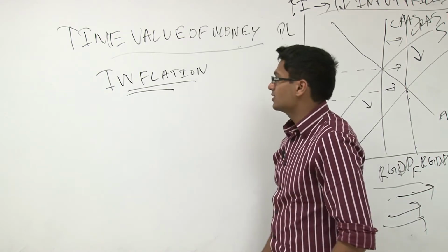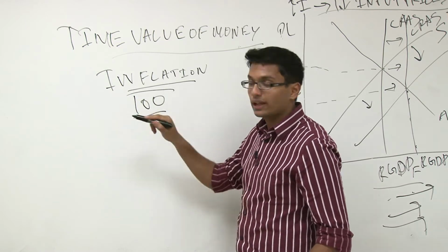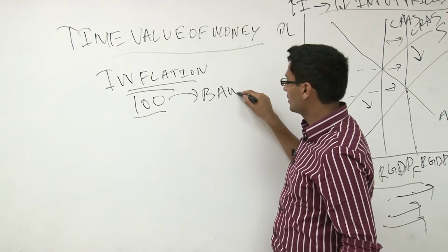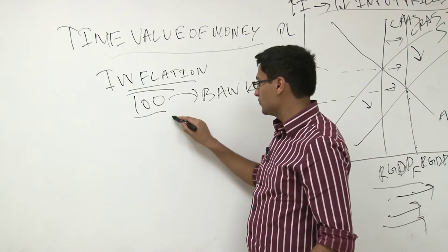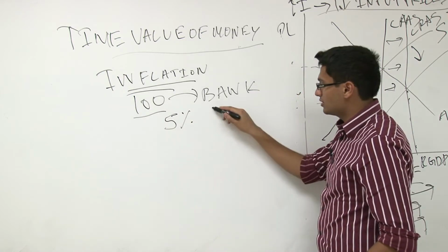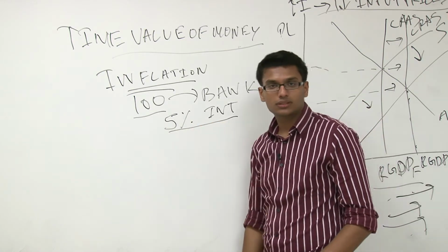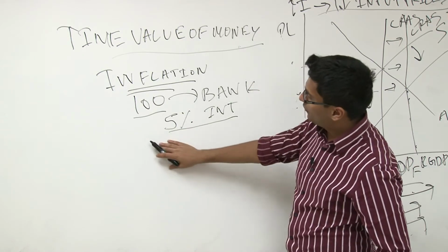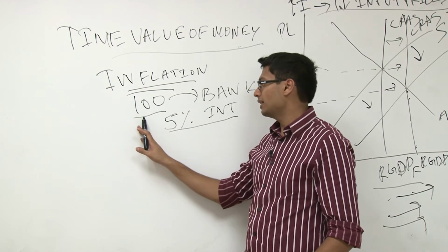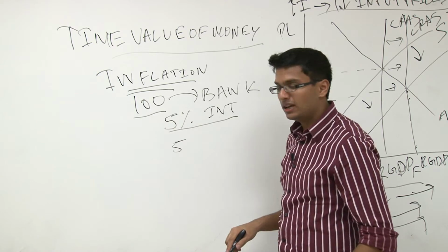Another concept is the fact that if you had $100, instead of it in your closet, you take this $100 and you invest it in a bank. And let's say the bank gives you 5% interest per year. So what's the interest payment that you can get out of $100? Well, you can get a $5 interest payment. So at the end of year one,